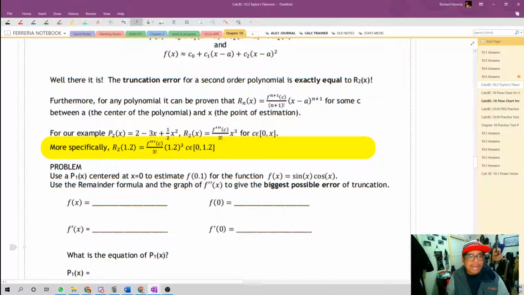Going back to the example we had, we evaluated our polynomial at 1.2. So the remainder for 1.2 is going to be the third derivative evaluated somewhere, I don't know where, but somewhere, over 3 factorial multiplied by 1.2 to the third power. So it is the third ordered term, where the derivative is evaluated somewhere, but everything else is evaluated at 1.2. I think the problem is that we're saying evaluated somewhere, and at this point in your mathematics education,